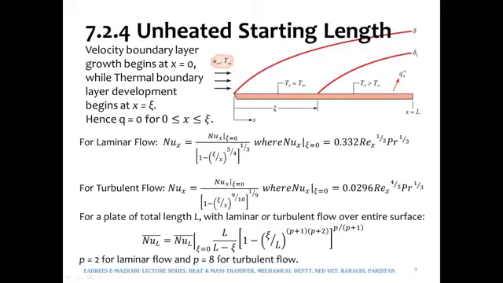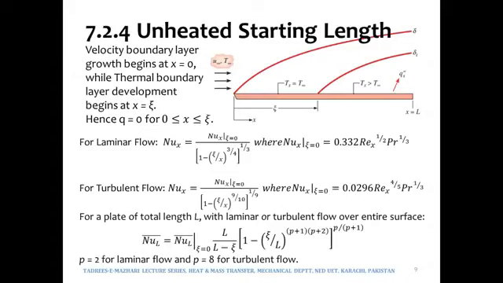So now, for example, over here when it says the average Nusselt number at zeta is equal to 0, what does this mean? Of course, that is the average Nusselt number because it has got a bar on it. It would be the average Nusselt number for the plate which would have a certain length equal to L. For example, even in here we can see that x is equal to L, so L is the total length of this plate. So when we say the average Nusselt number at zeta is equal to 0, it would mean the average Nusselt number for a plate which is having a length of L